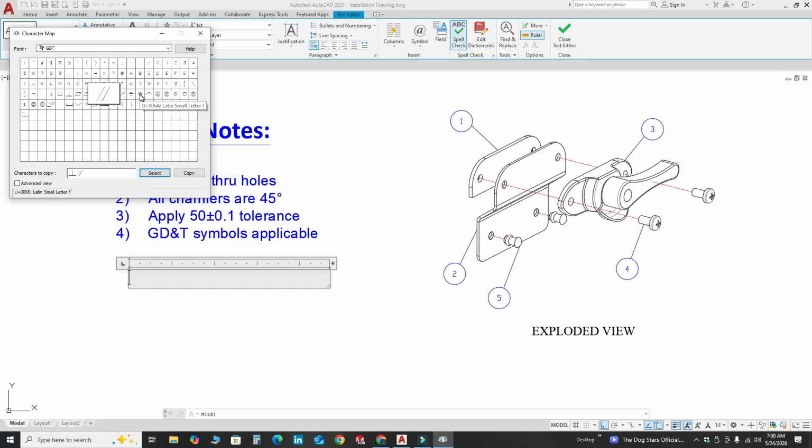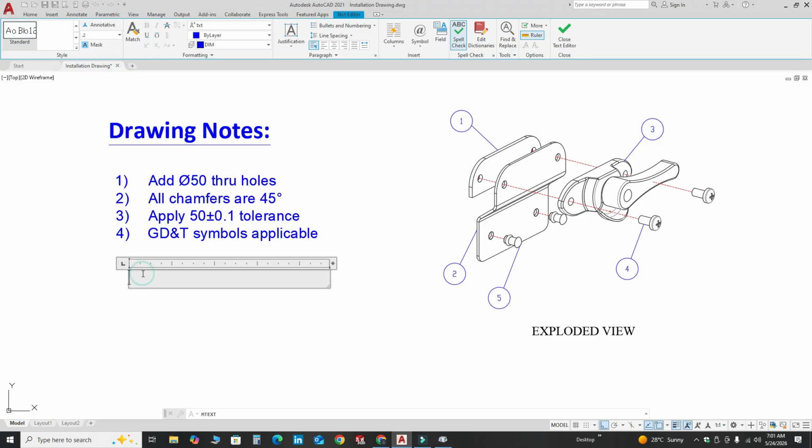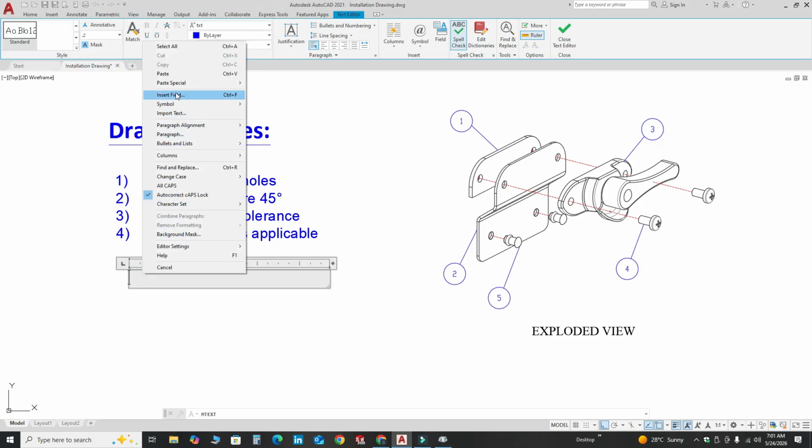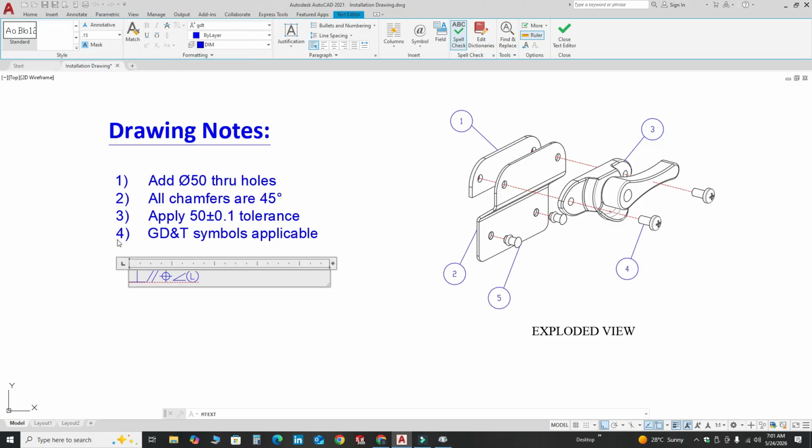This one is, I guess, position symbol, and this one is for angularity, and these are for least material condition and maximum material condition. So I will select all these, then select these, copy, go to this text box, right click and select this option, paste.